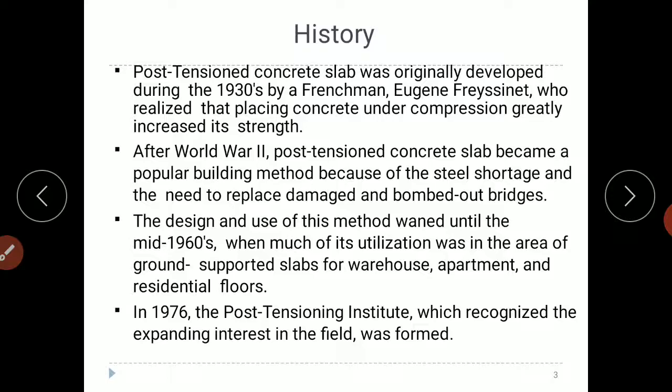Just recall those things. We provide torsion steel, 50% of the reinforcement, at each corner. So we just bombard the normal RCC slab with steel.